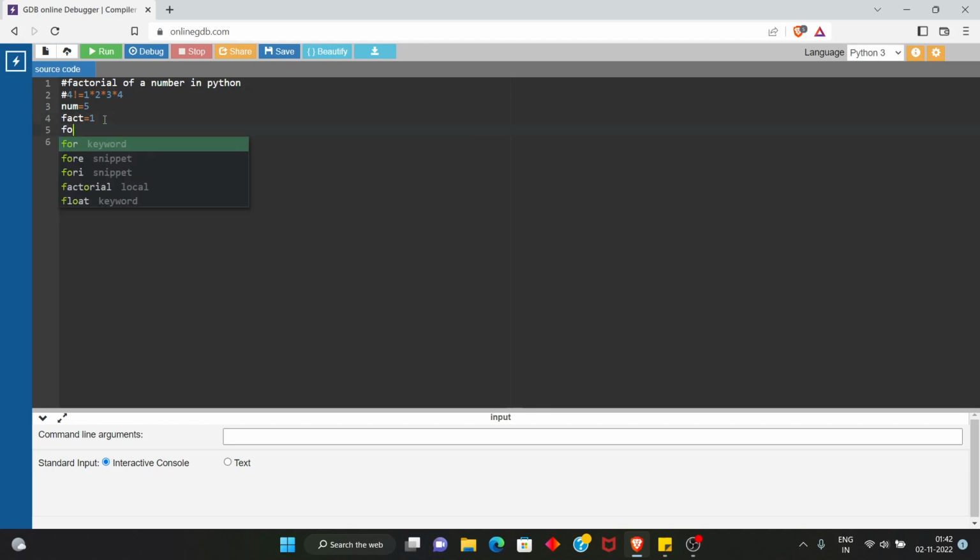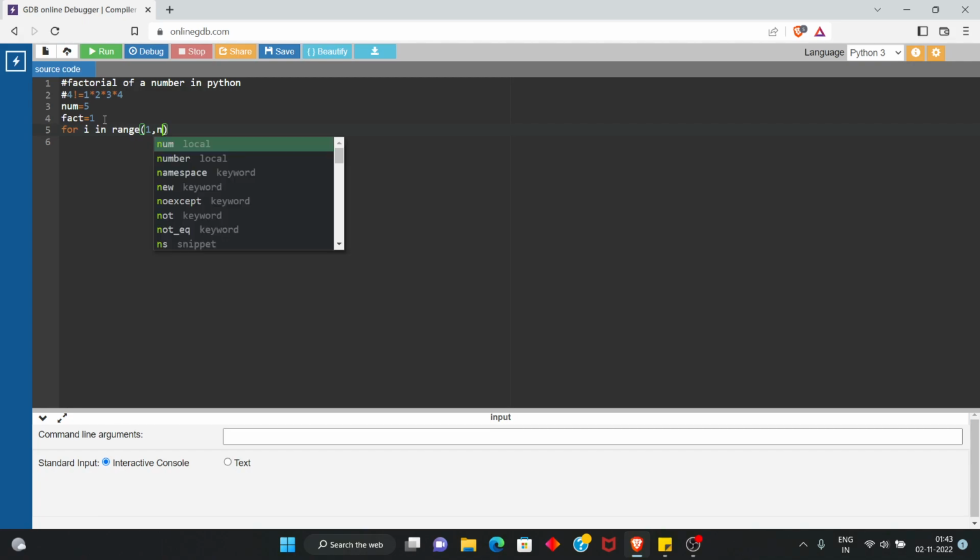Now run a for loop for I in range 1 to 6 or num plus 1. So we have already taken num as equals to 5. So here